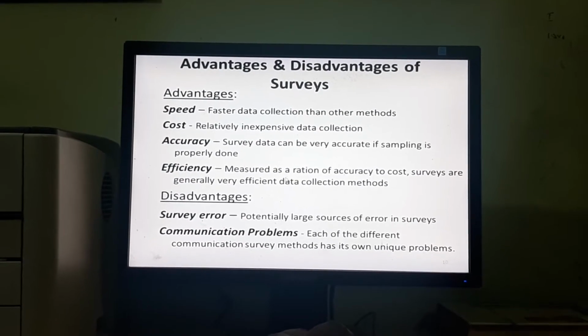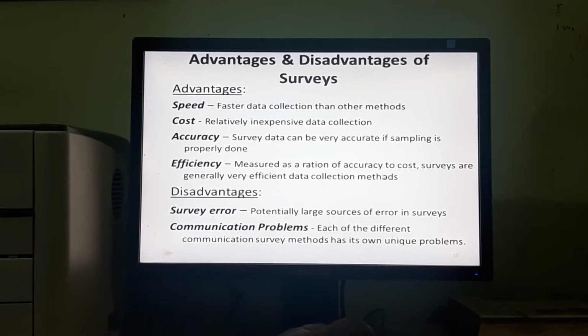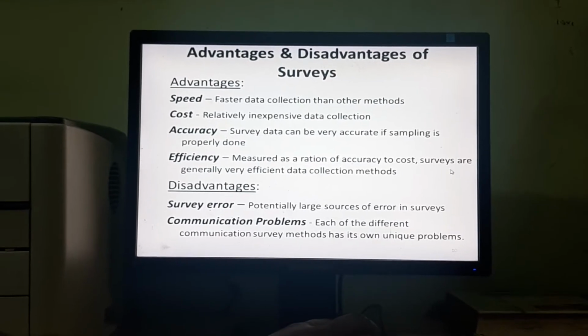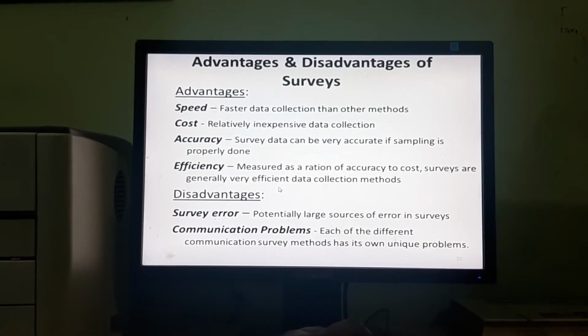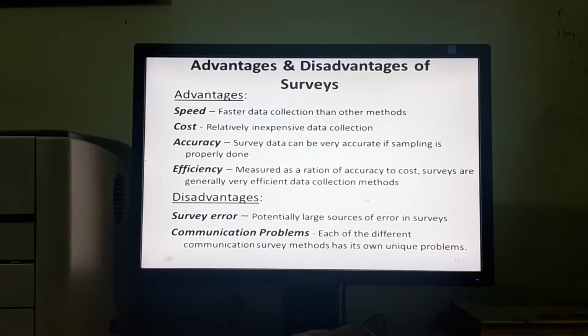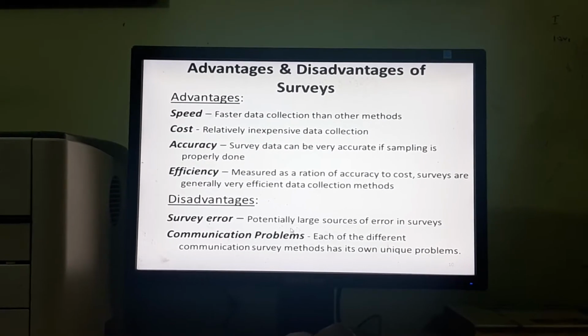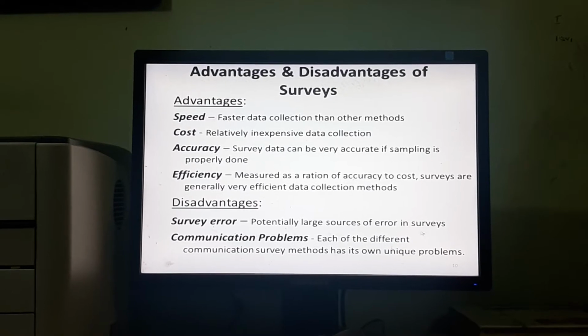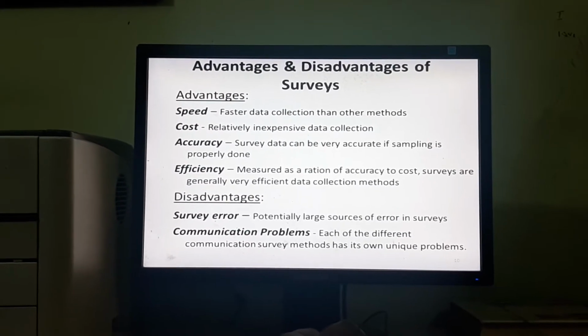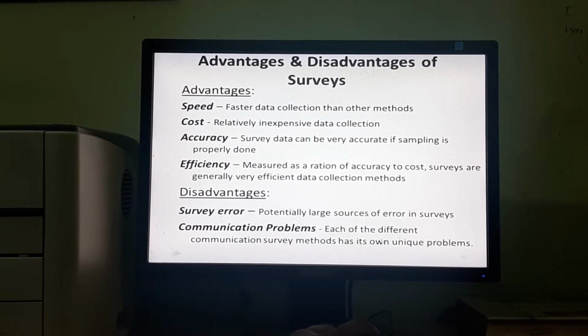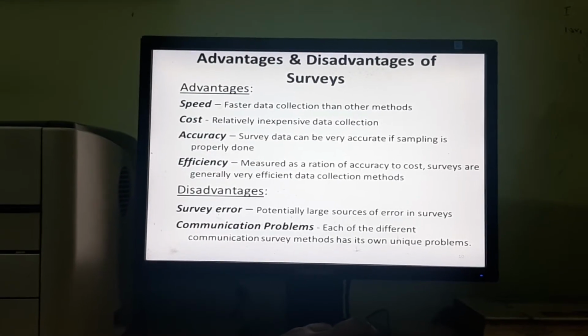Efficiency: measured as a ratio of accuracy to cost, surveys are generally very efficient data collection methods. And disadvantages: survey error, potentially large sources of error in surveys, and communication problems. That means each of the different communication survey methods has its own unique problems.